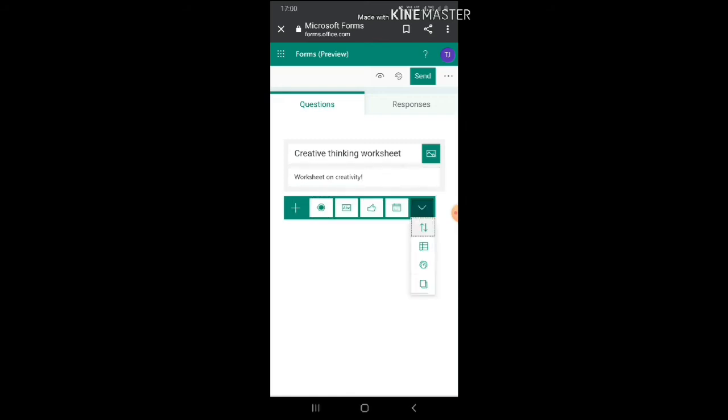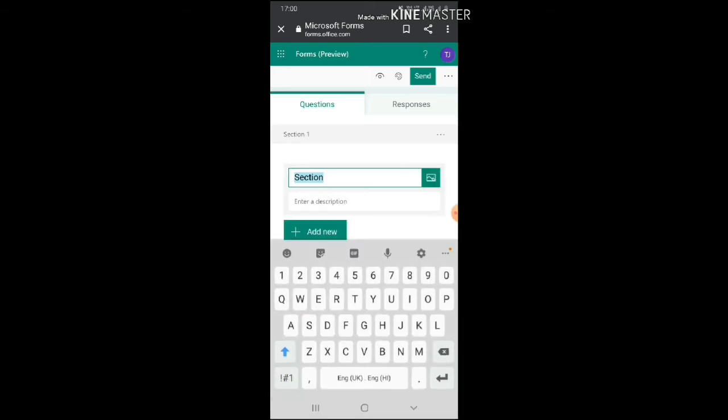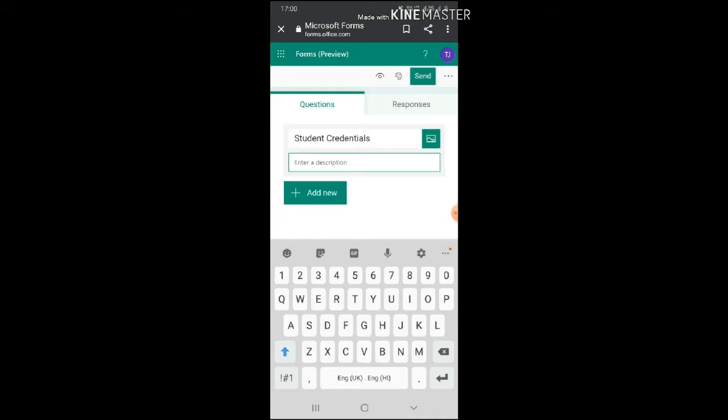You can see there's a downward arrow, and clicking on section you can get various sections, and first you have to name that section. I'm just naming the first section as student credentials, and I'm giving a description of the section as basic info. Then I have to click on Add New,